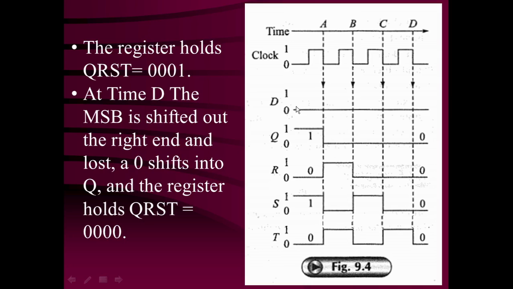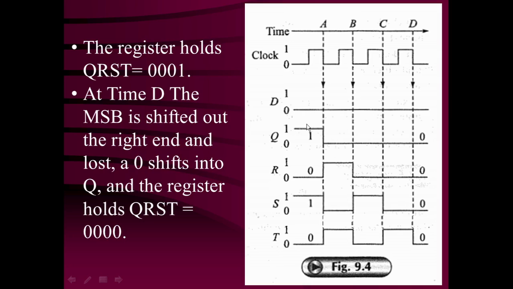So you can see this. There are 4 clock cycles because we want to use this as a serial out shift register, a 4-bit shift register. So 4 clock cycles are needed, and the data input is maintained at 0 here. Prior to the clock edge, the data was 1010. The MSB was 1, the second MSB, or third LSB, was 0, and the LSB was 0, and that way the data appears.